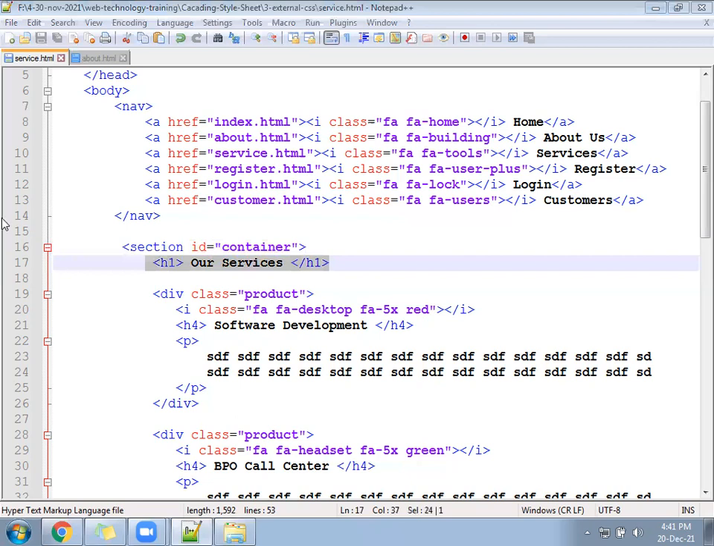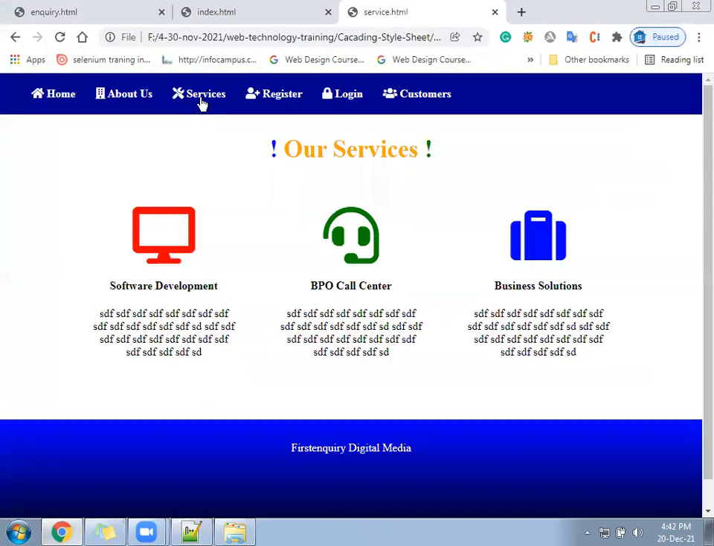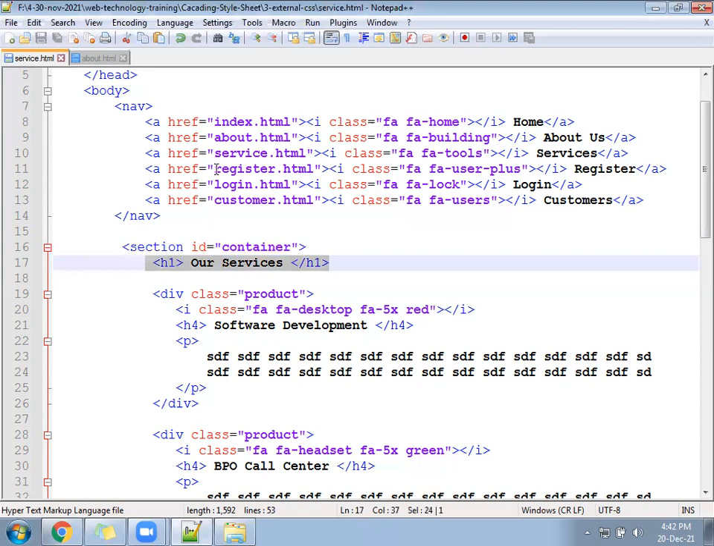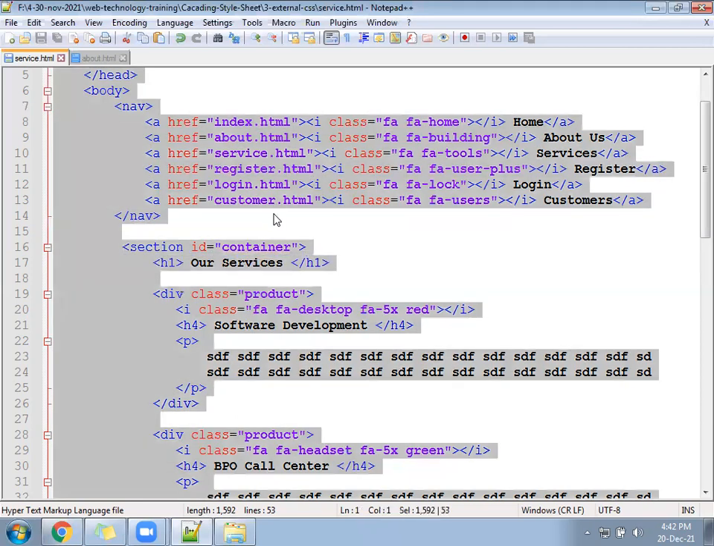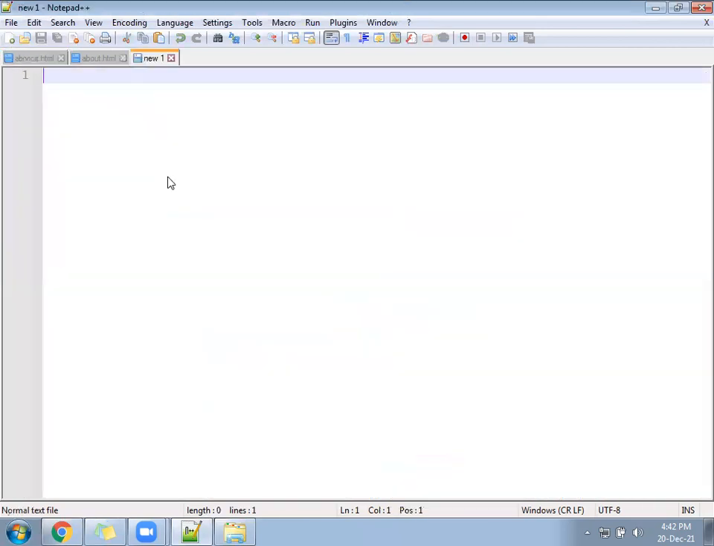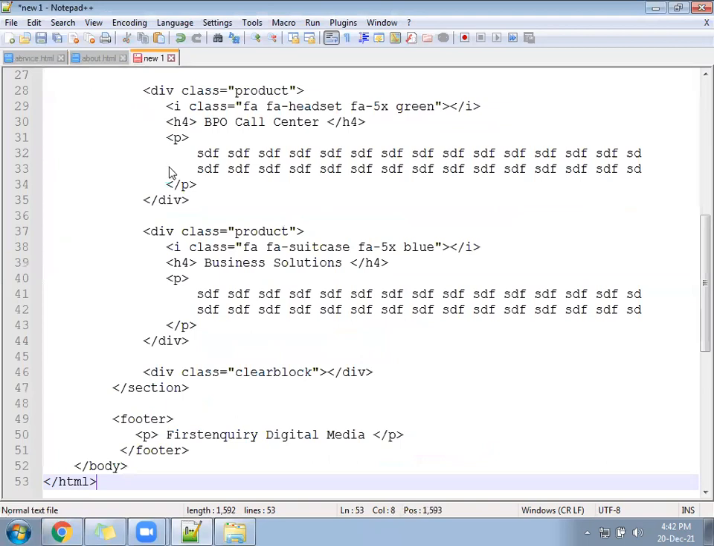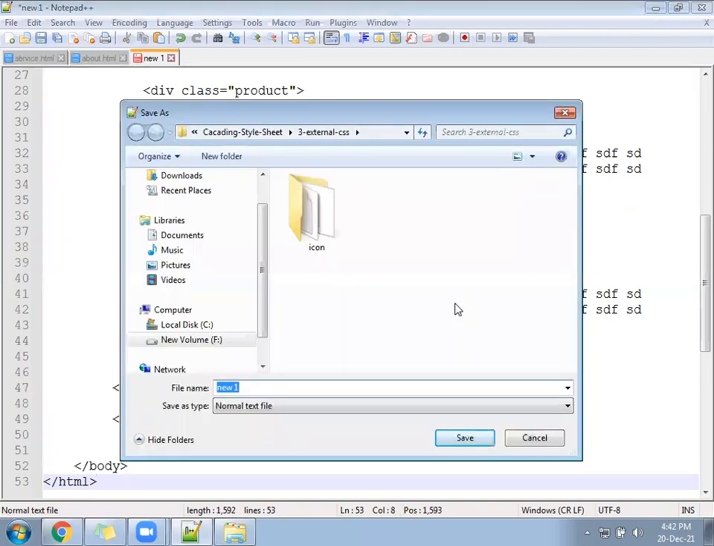The next file is called register. So please create the next file. Give the file name register.html. You can take the copy of this current file, that is called service file. Register.html